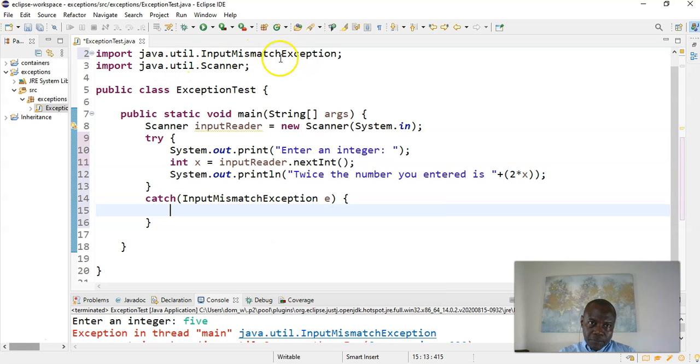So I have imported input mismatch exception, and you might have noticed, by the way, when we had an arithmetic exception, I didn't have to import it. It's because it's in java.lang. Okay, and classes in java.lang are implicitly imported. Okay, now what I want to do is I am going to tell the user